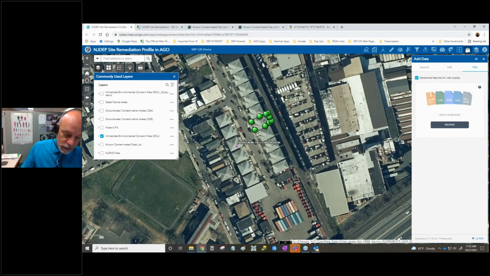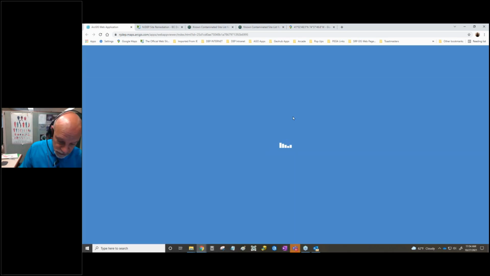Okay, so that was a demonstration of various things you can do with our IEC layer and different resources that are available. Next, I'm going to start to demonstrate some tools that are helpful in looking at things that are nearby a site, which is something that the department, it's definitely an important role with what you need to do as far as receptor evaluations. So the first tool I'm going to look at, once I reload this page,